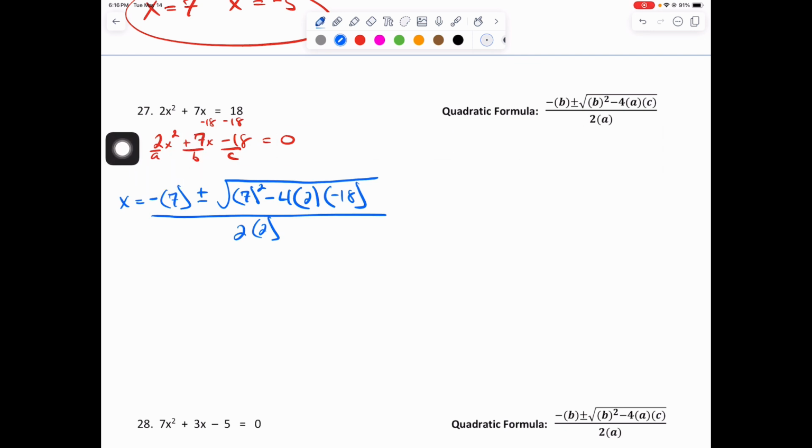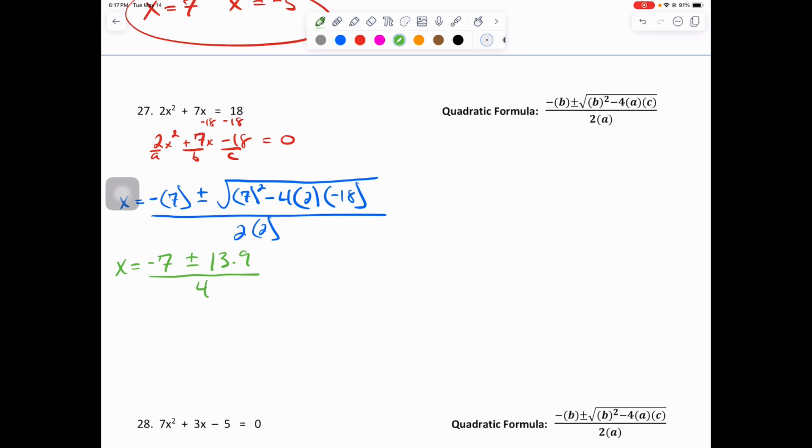From here, we will go ahead and work through. We have x equals negative 1 times 7, giving us negative 7, plus minus. There's a reason to my madness for this. It does want a decimal. All right, and if we do 7 squared minus 4 times 2 times negative 18, and we round that decimal to the tenth, we will get 13.9. We will set that over 2 times 2, which is 4, and then we will just simply write it as